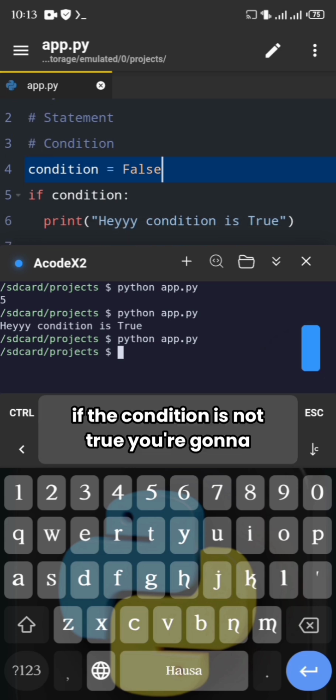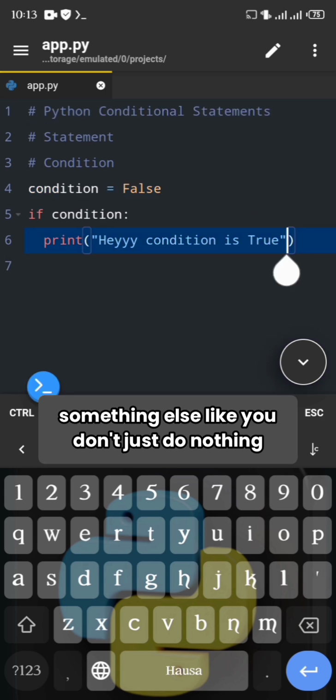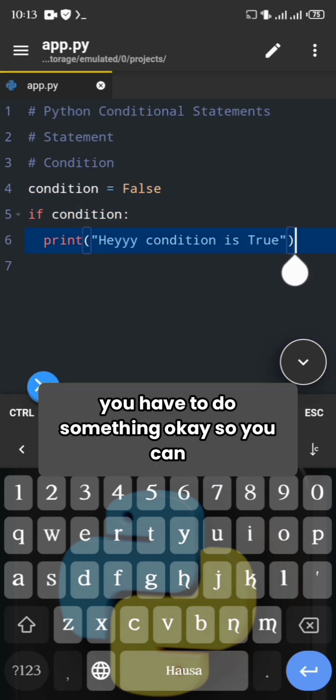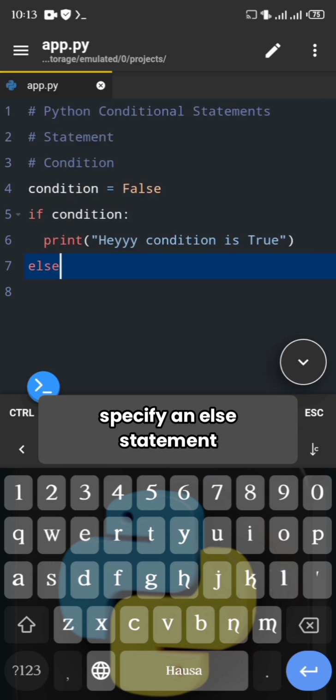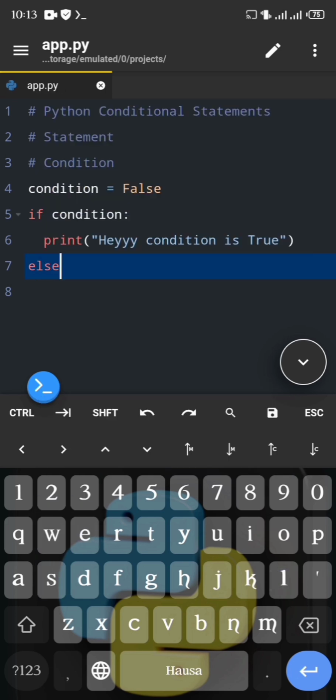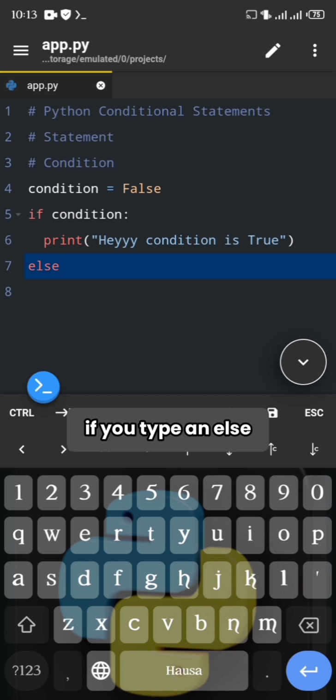Yeah, so I hope you got what I'm saying. So if the condition is not true, you're gonna have to do something else. Like you don't just do nothing. You have to do something. Okay. So you can specify an else statement. That's the other magical spell that you can use. So if you type an else,